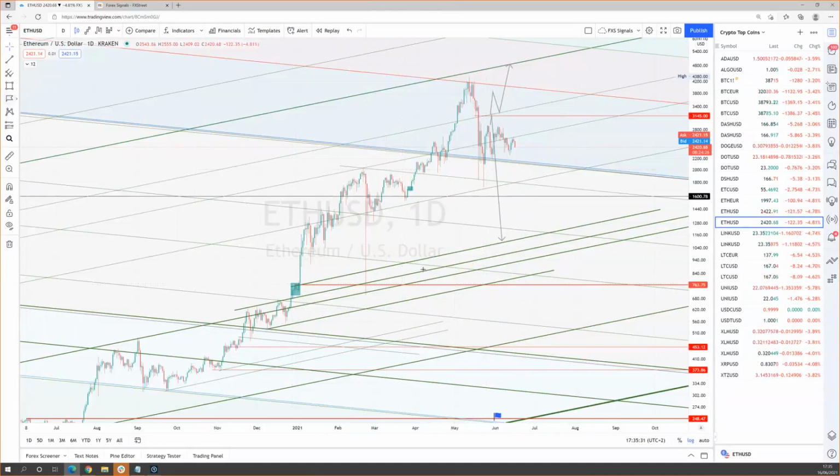This was the last important intersection of all these intermediate ascending lines with this horizontal level. This was the last point in time that the price had the chance to reach that level for a buy. It didn't. So we can see that this level was coincident with this swing here. Okay, and right now